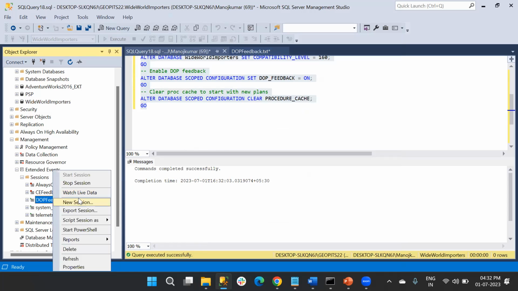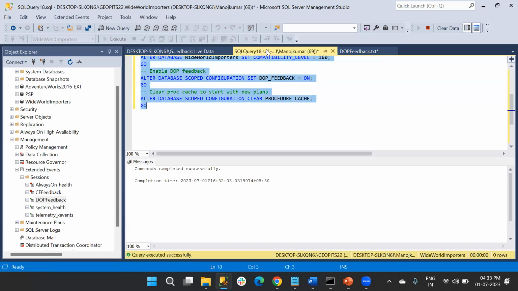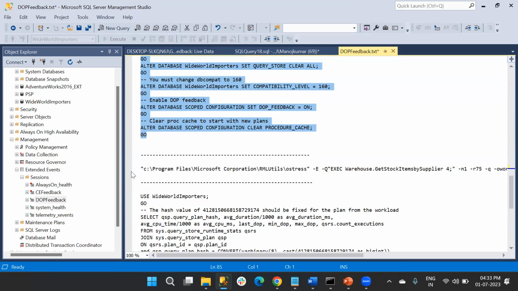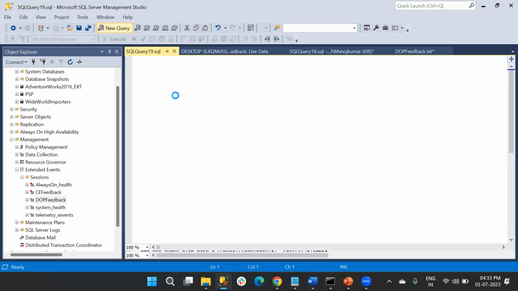I am checking whether any data is there. Still no, I haven't executed any procedure as of now.